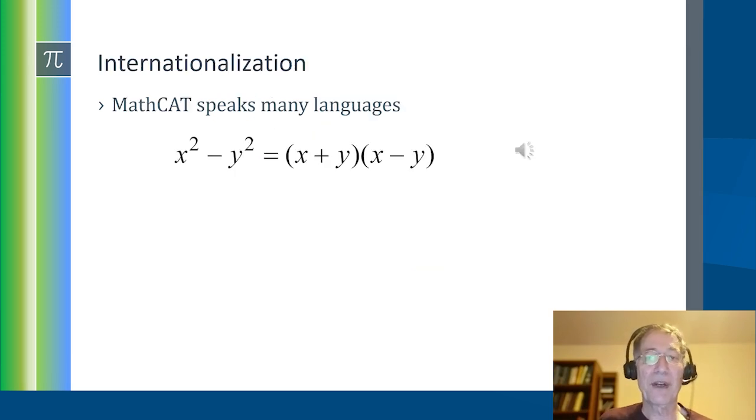So lastly, I want to end by showing a little demo of MathCat reading in multiple languages. English, US. X squared minus y squared is equal to open paren x plus y close paren times open paren x minus y close paren. English, UK. Listen to how it says the X parens. X squared minus y squared is equal to open bracket x plus y close bracket times open bracket x minus y close